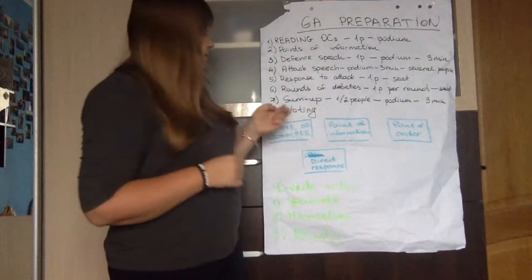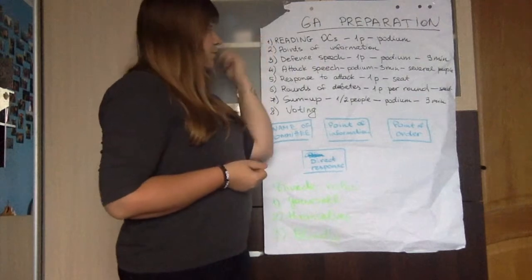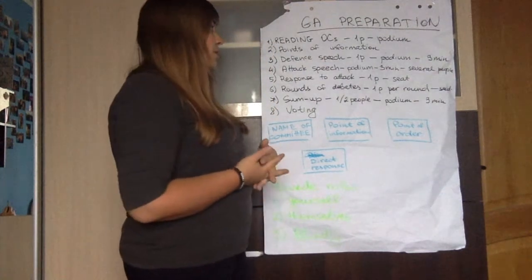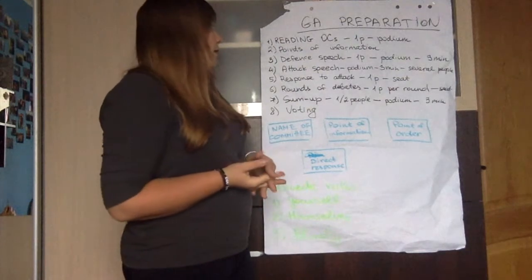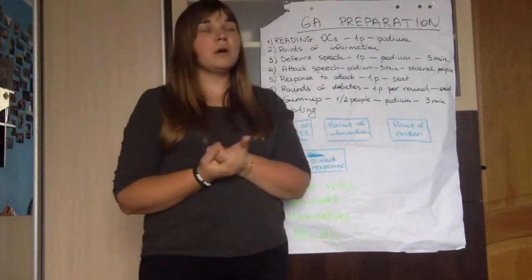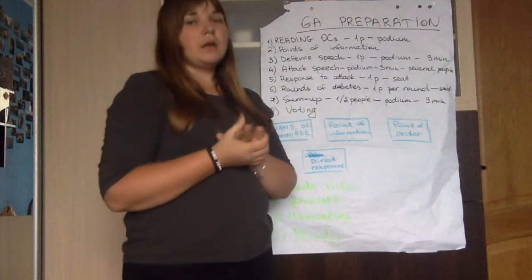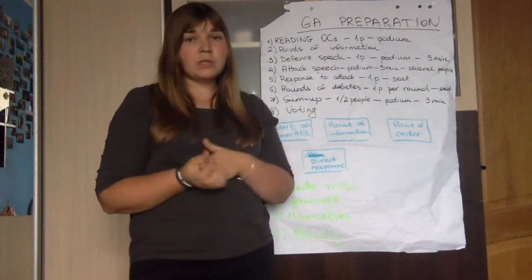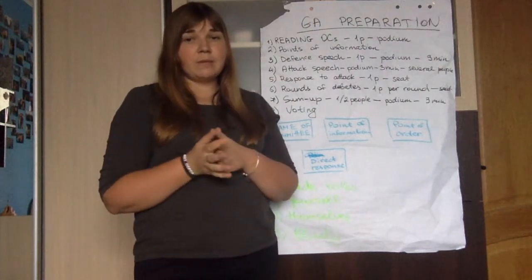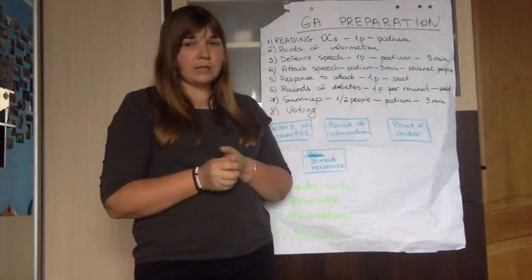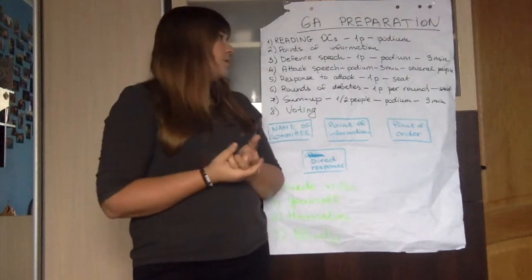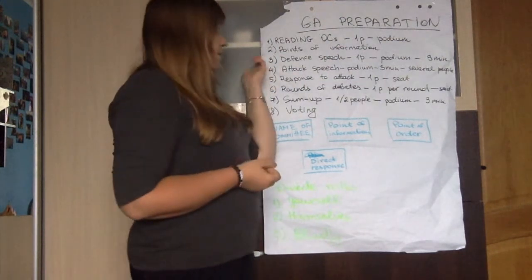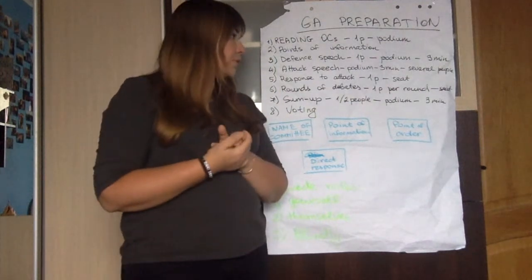GA itself consists of several stages. It's reading the OCs, when one person reads the operative clauses of your resolution from the podium. Then these are points of information, when delegates can clarify some things that they don't understand about your resolutions. It can be regarding shortenings, names of people, if those are not indicated in the footnotes, but usually there are no points of information. Next is the defense speech, which is delivered by one person from the podium.